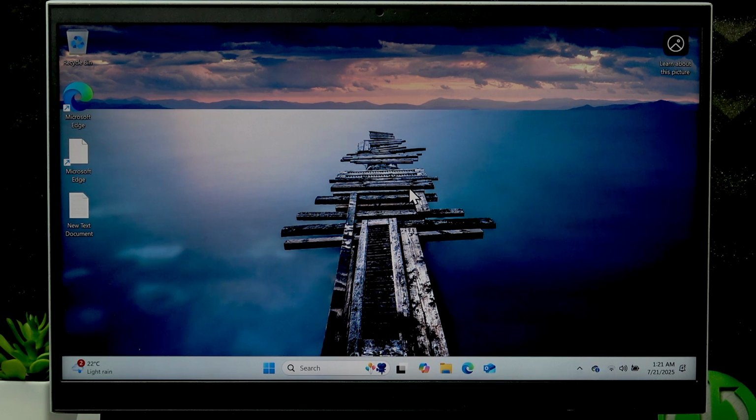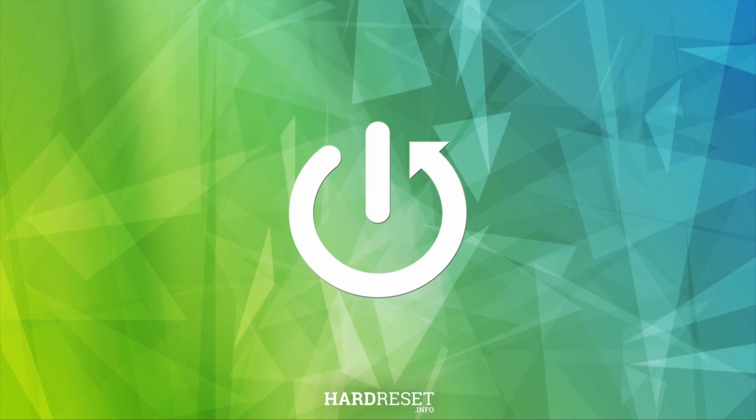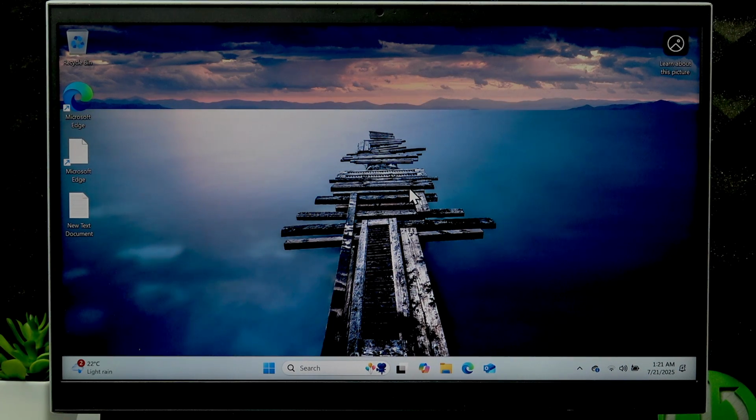Welcome, in front of me is a DELL G15, and in this video I will show you how to enter recovery mode on this laptop. I will show you two ways you can do this. The first one will be for you if you can access your system OS, so from the system level, and the next one will be from the hardware level in case you cannot